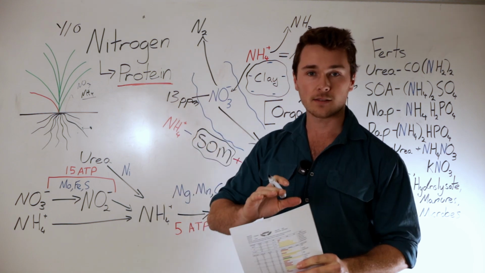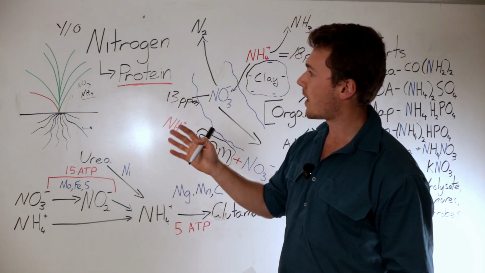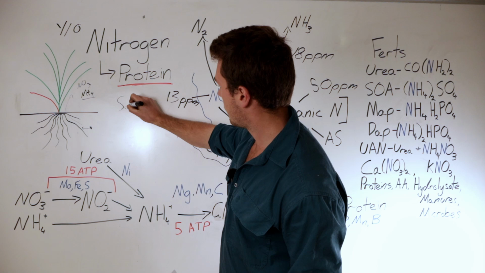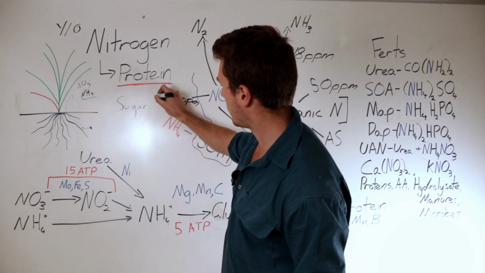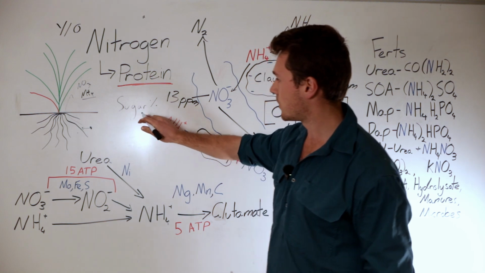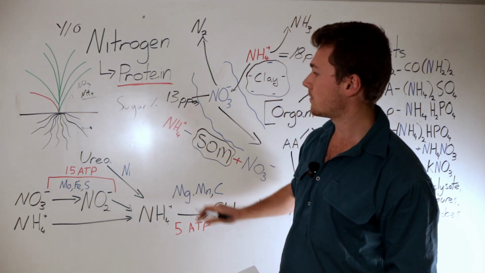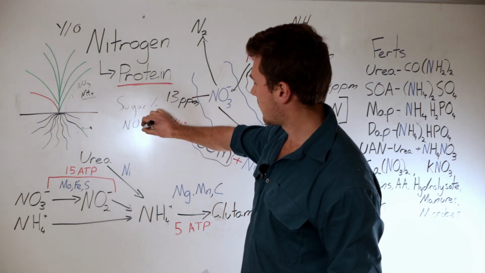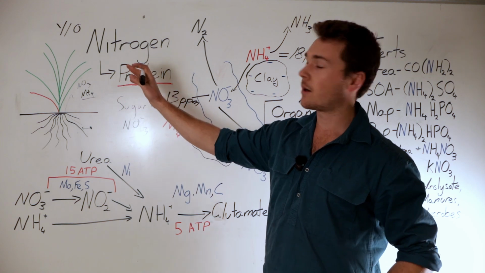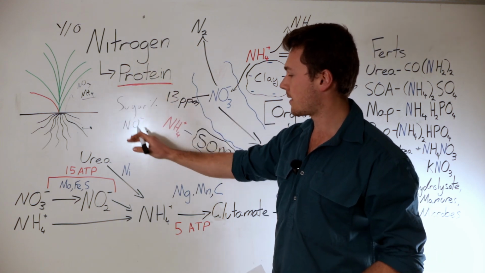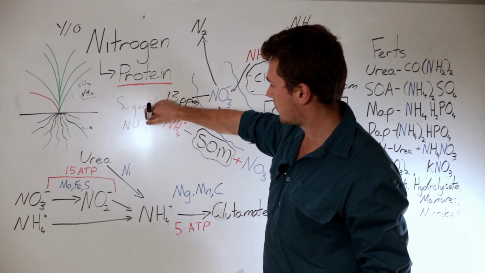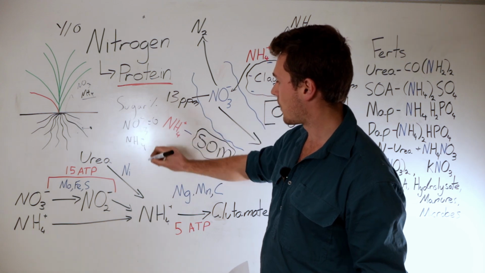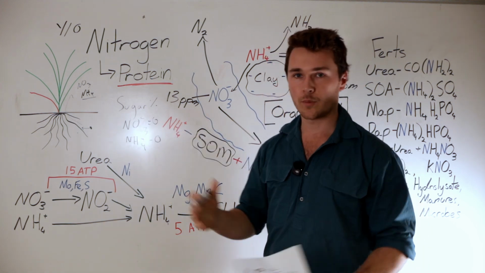Now, in the differential sap tests we get 4 values that are of interest. The first one is our sugar percentage or brix, depending on the test. This is important because it directly relates to this process and photosynthesis. We get nitrate. You don't want any nitrate because it signals to our pests, come eat me. So we don't want any of that. On our test, we actually want this to equal 0. Likewise, it gives us our ammonium. We also want that at 0. So we want 0, 0 for both our inorganic